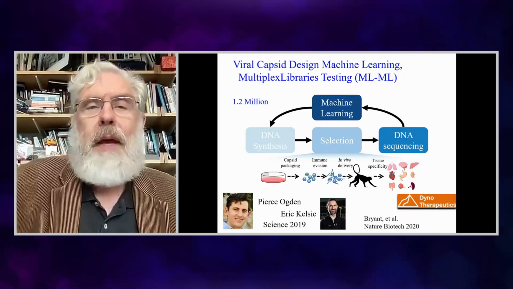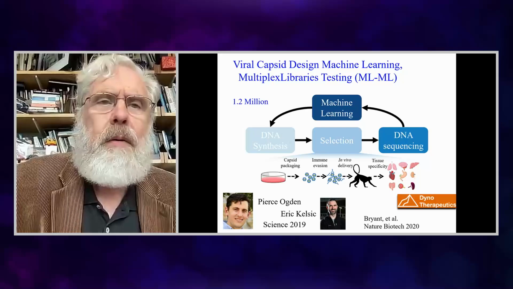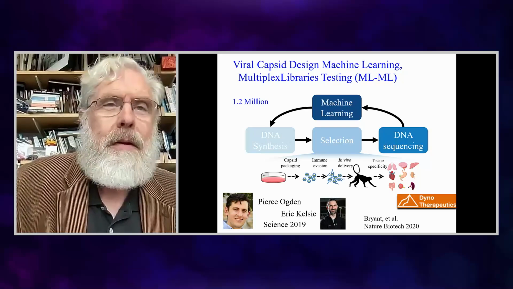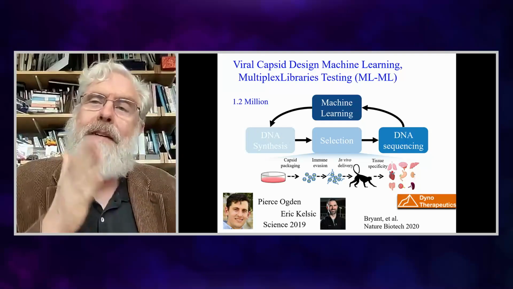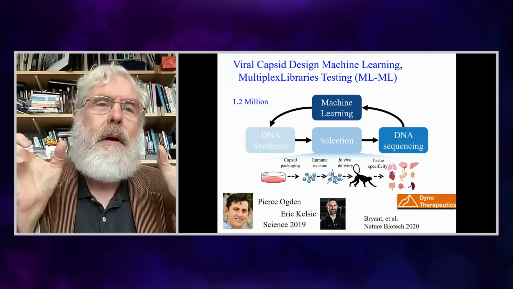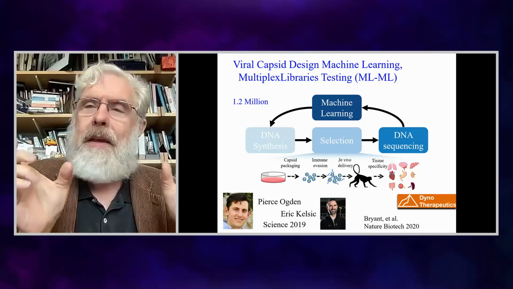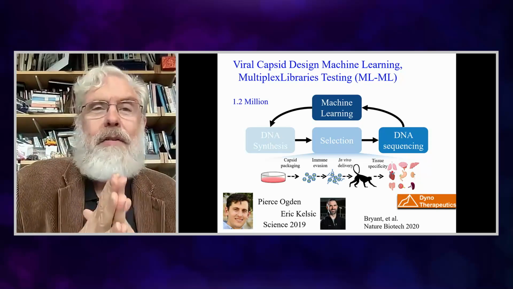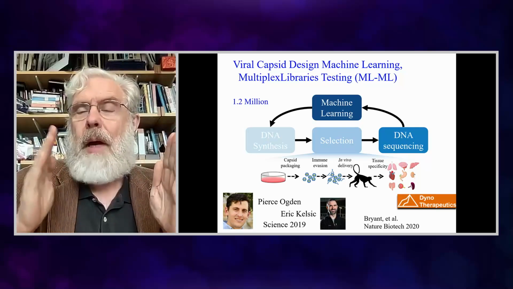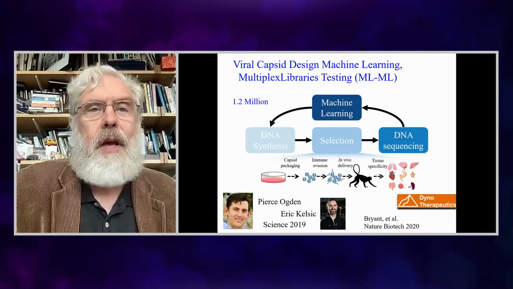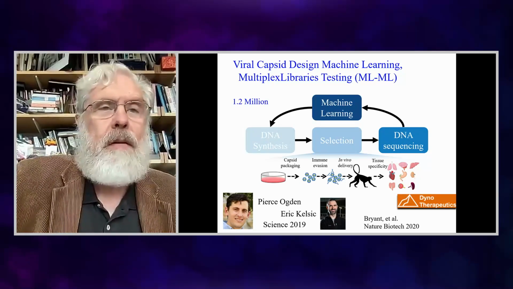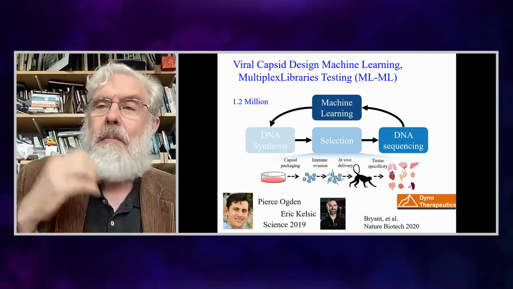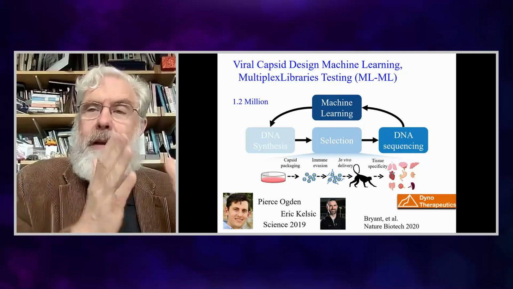Well, one thing that we have now is a breakthrough in machine learning, large language models for the experts in the group. But that's not all. It's coupled with multiplex libraries. By libraries, I'm talking about molecular libraries, in this case proteins and nucleic acid libraries, and we can make millions of them. And in fact, here's an example where we made millions of different capsids to improve the delivery, to make it so it evades the immune system.